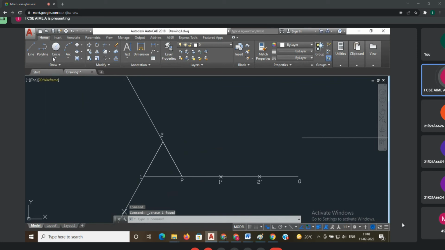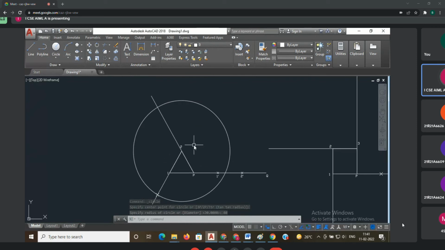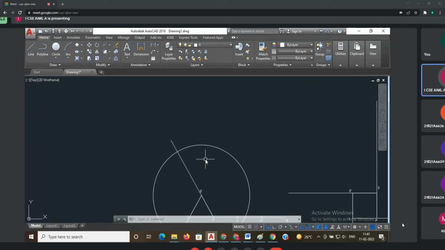Next, from the point 2, go for circle and radius. Center point is your second point, and radius will be P2 dash. What about the P2 dash length? 60, 2 sides length, 60. That is the use of polygon involutes. If it is circular, you have to find out P1 dash length and P2 dash length individually. If it is polygon, you know the side length, so directly you can draw with the side length. Now here is my point. I will delete the circle.